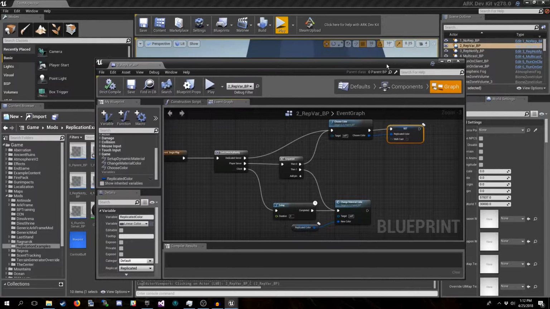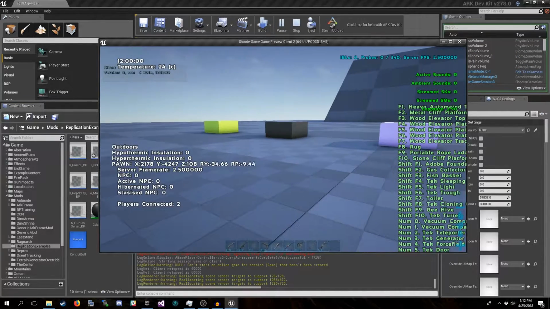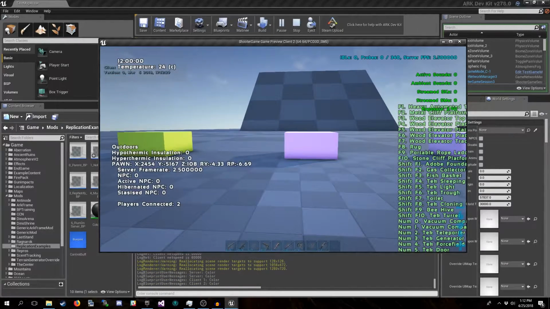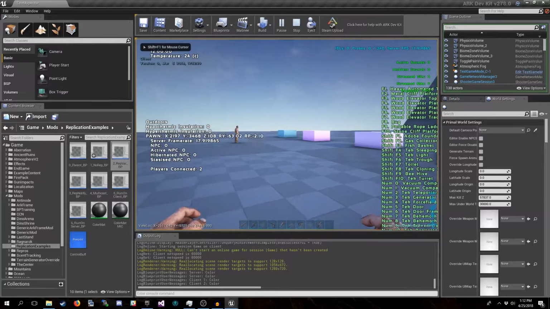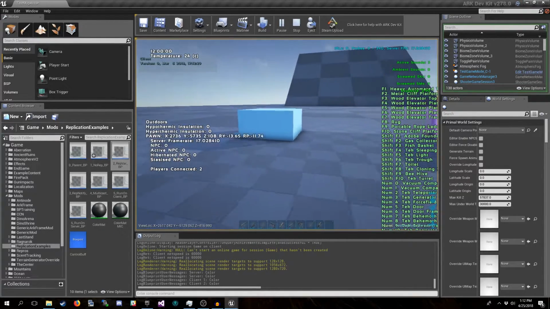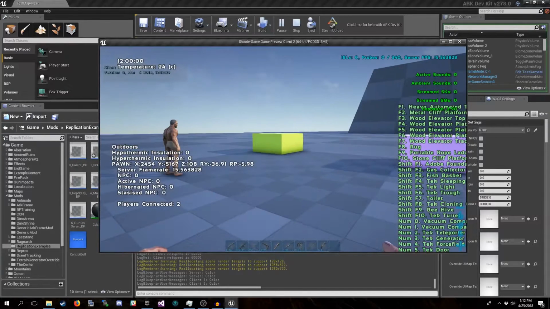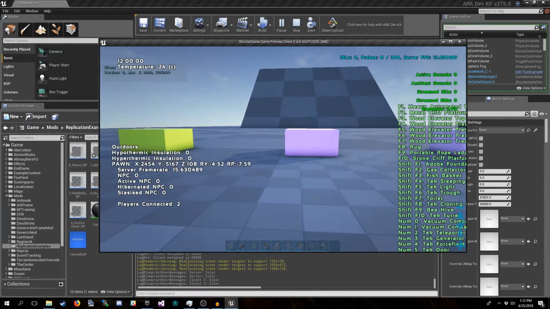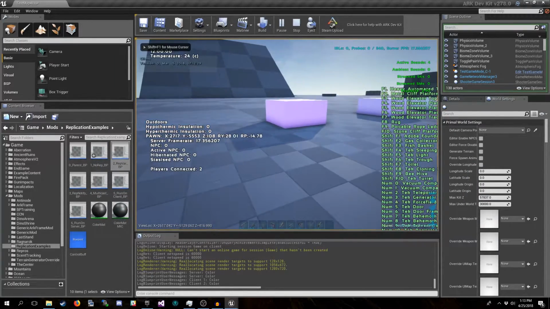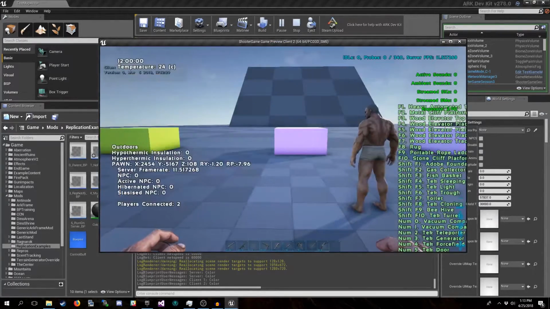And we'll take a look at that again really quick. So give it a second, you see it's black, oh, and then it turns pink. And then if we look at the other one, oh look, that one's blue. Much more variance now in that first one with no replication. One's green, one's blue. But the second one, the one with our replicated variable, as you can see, it's the same color. Same exact color.